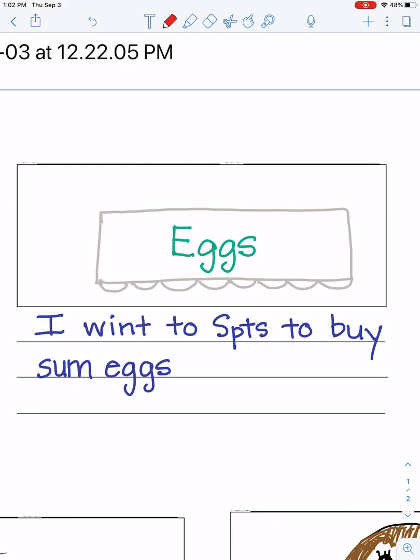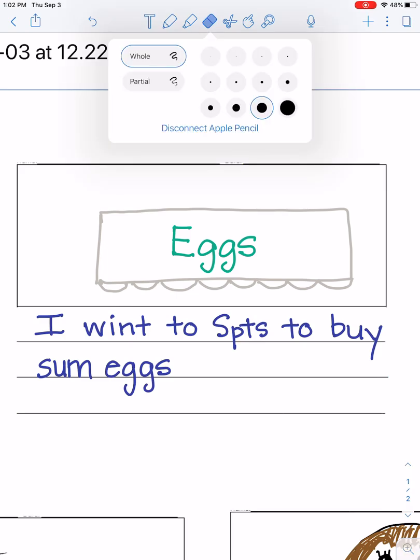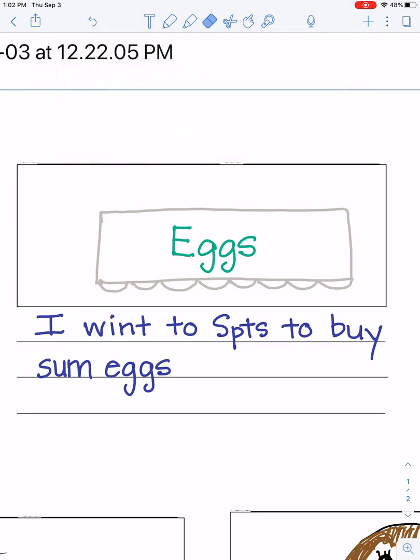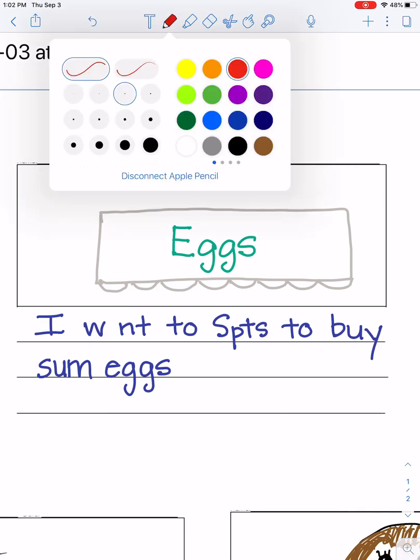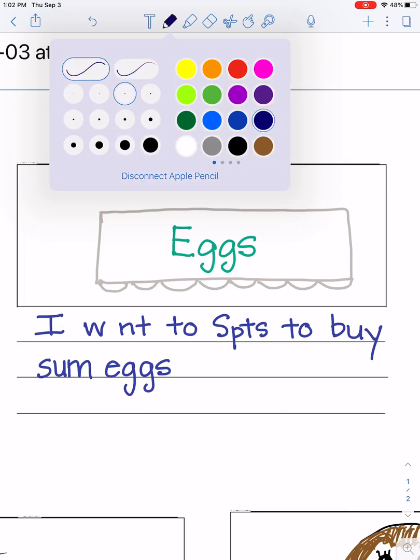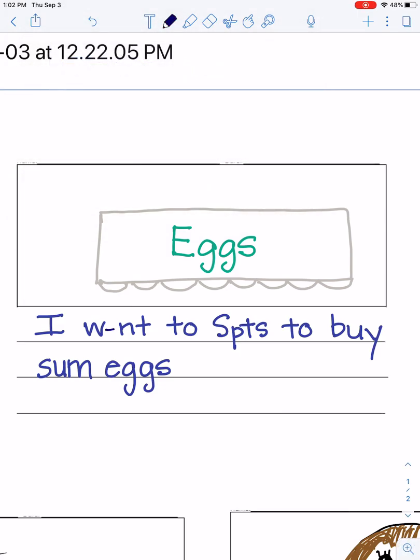So I'm just going to see if I can erase it really carefully, okay, and rewrite it. Now sometimes people, students and teachers, might just cross out the word and write the new word, and you can do that too. But I know a lot of times there are first grade friends that really just want to erase and write the word correctly. Okay, so I'm going to change the I to an E, so it says I went to,